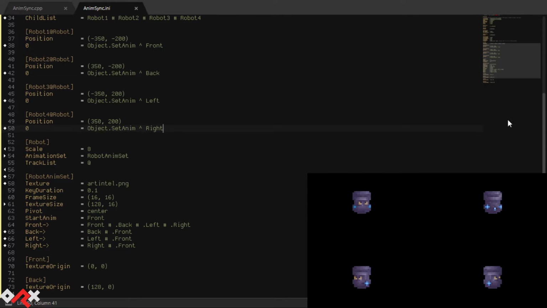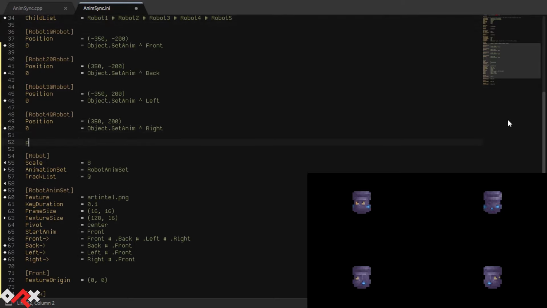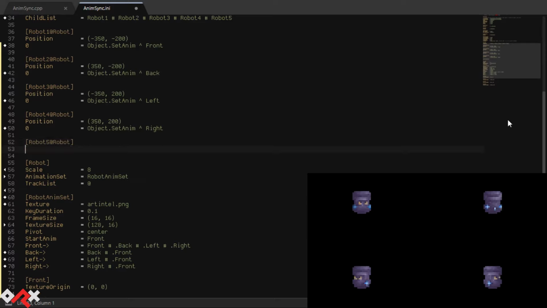We'll add a last robot that will change animations randomly. Let's list all the animations we want to use in a property called AnimList.